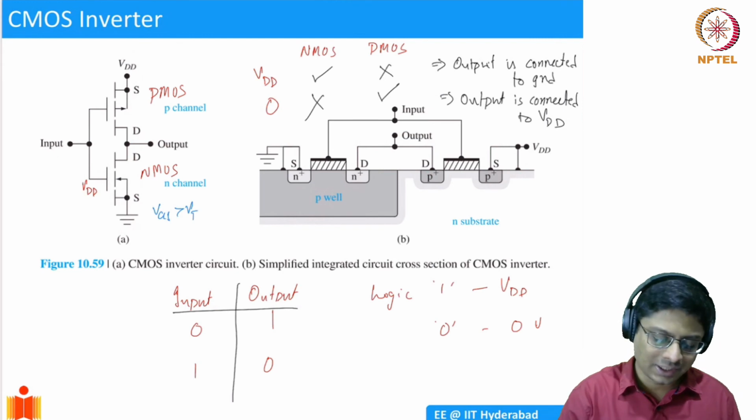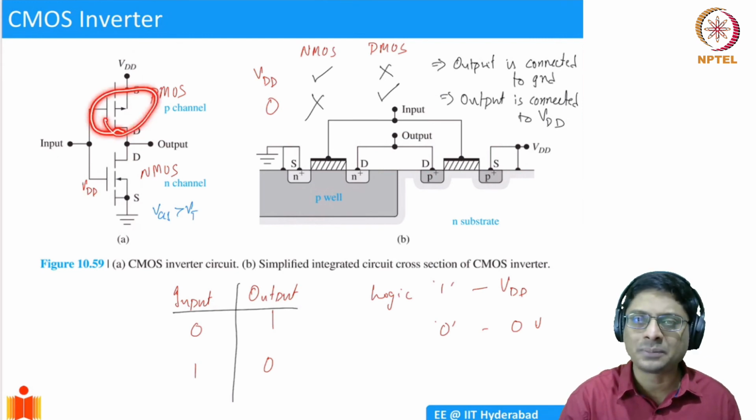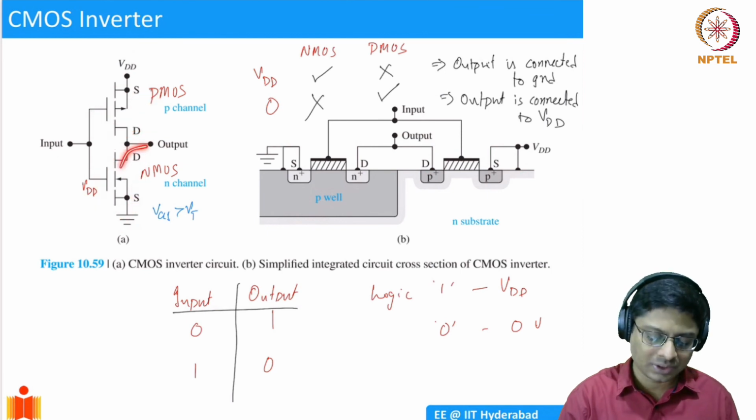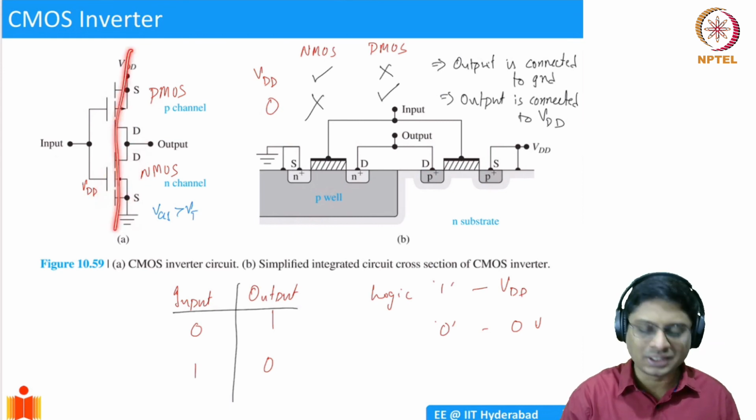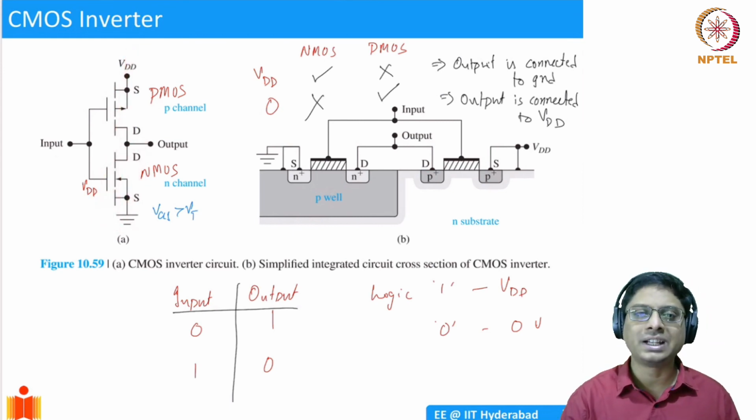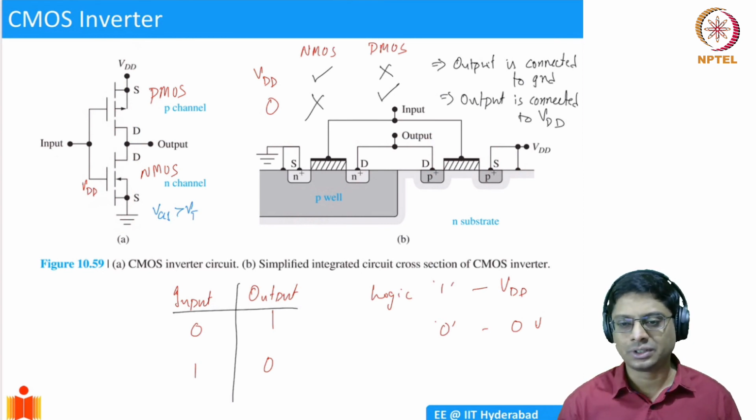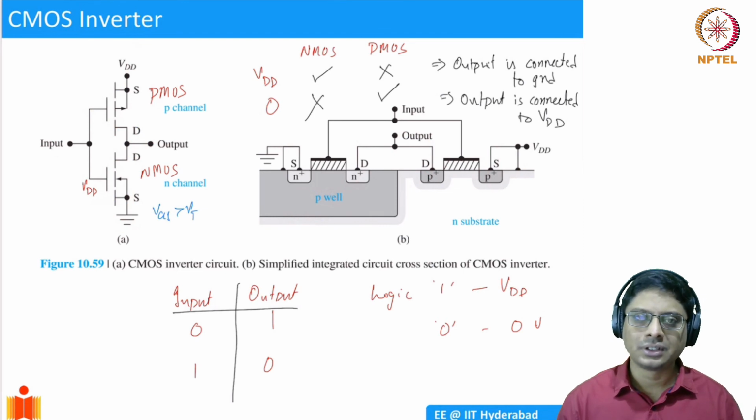If one of them is off, let's say it only has 100 picoamps of current. Even if it's 1 milliamp of current, I don't care. Once the output discharges, you don't have any current flowing there either. So the overall current will be very, very small, and so we have very power efficient circuits. That is the reason why CMOS has become the most dominant technology. In the static case, when inputs are zeros or ones, not during switching, there is very negligible power dissipation. During switching, there is going to be some power dissipation.